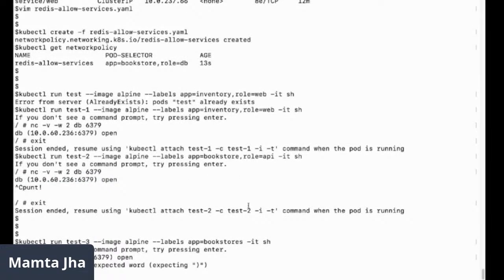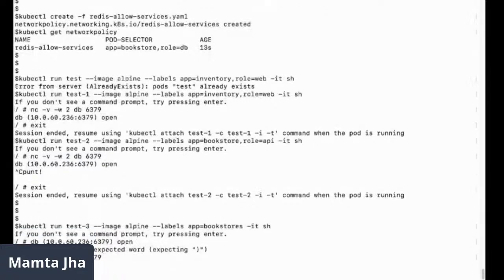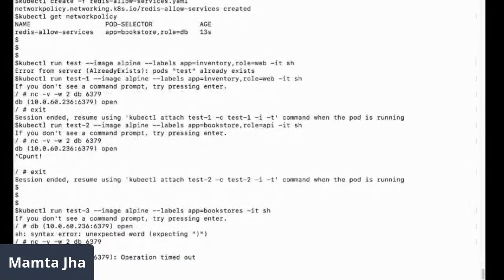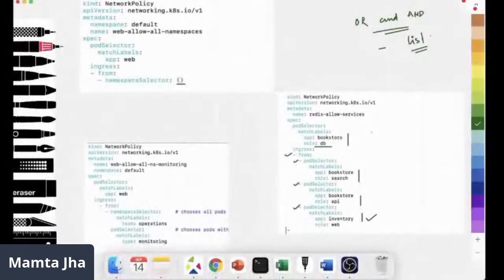Let's see what happens. What did I type? So here I should have given this rather than the output. Operation timed out. I'm not able to connect to that particular pod.